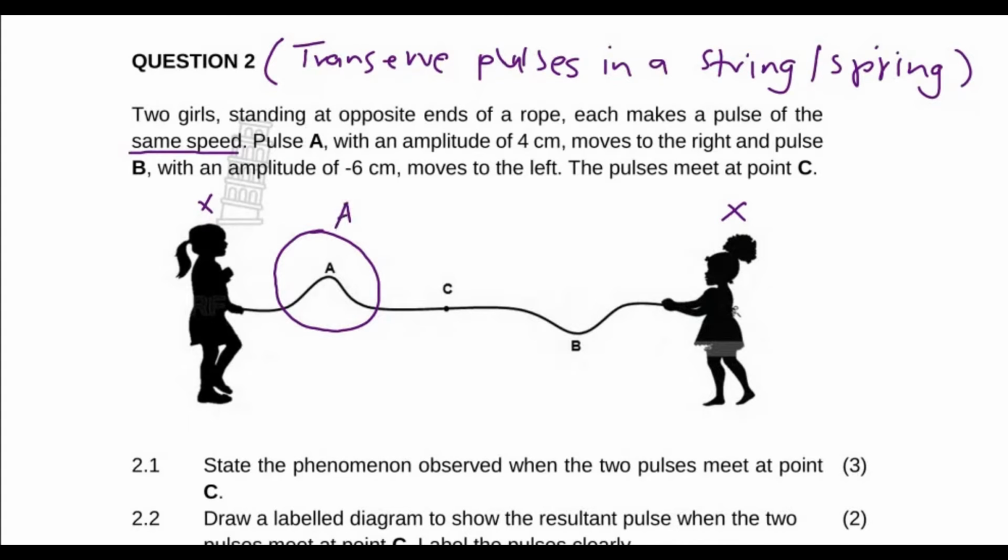So we say the amplitude of this pulse A is 4 centimeters. And this pulse moves to the right. And pulse B has an amplitude, let me write AB, can write AA here. AB equals -6